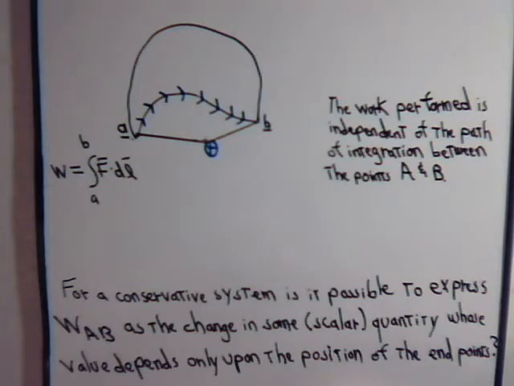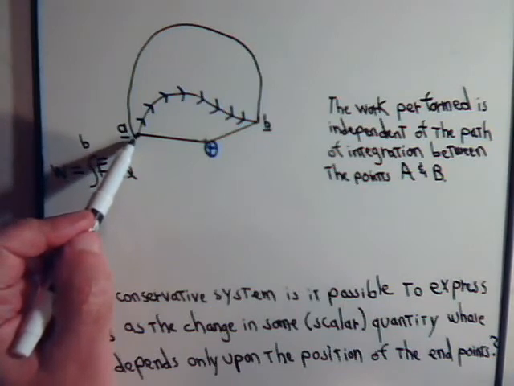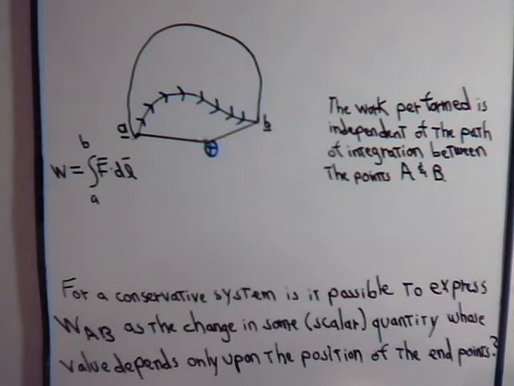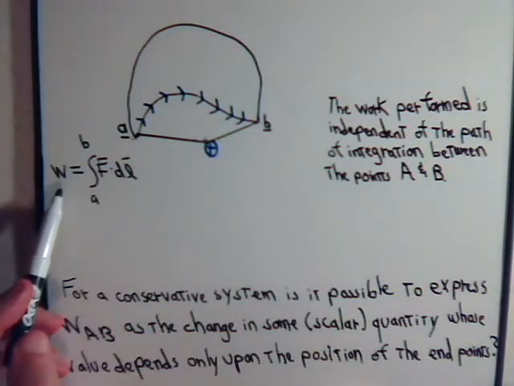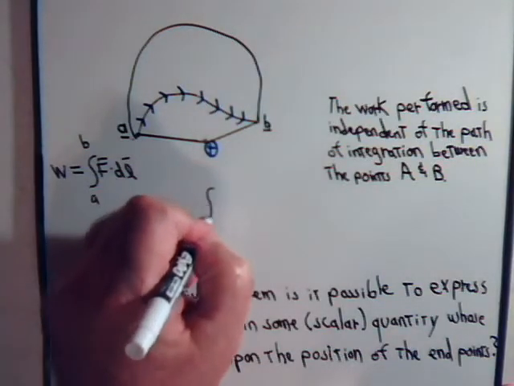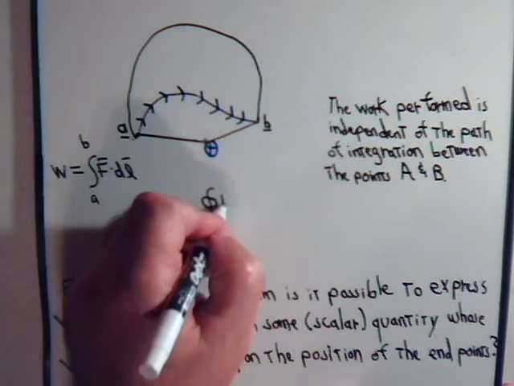And we said that this is a hallmark of conservative systems, that when the amount of work being performed is independent of the path length, it depends only upon the initial starting point and the end point here. And we had a way that we summarized this, because this is what the work integral is, and what we said was that for conservative systems,